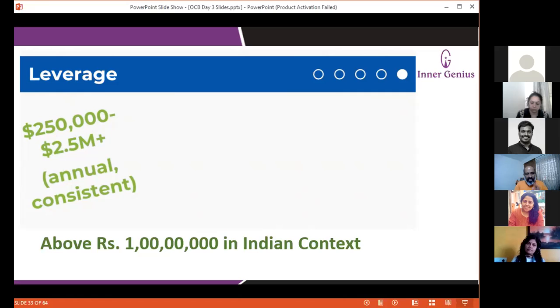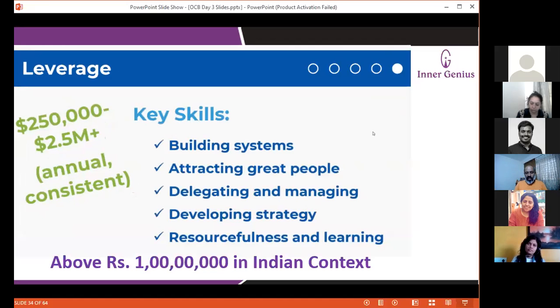Internationally they're talking about 250,000 to 2.25 millions. That's in dollars, so we have to multiply that by 75. But in the Indian context, I am pretty confident that one can reach there when we reach this. The beauty here is, after this point, it is annual and consistent. All right. So for this, now it comes to the other side of the business, which is